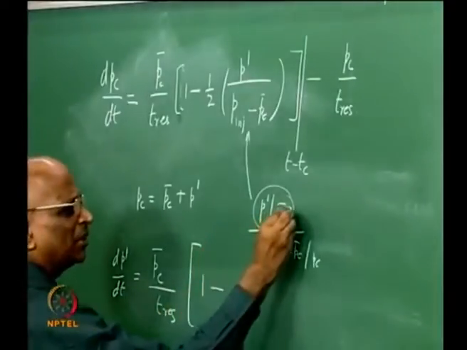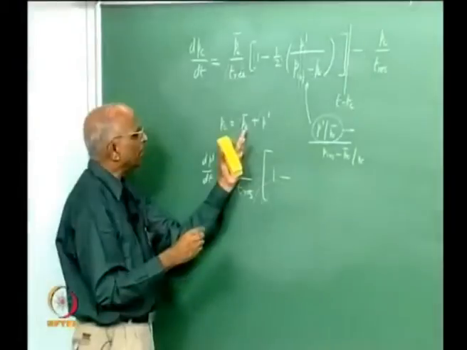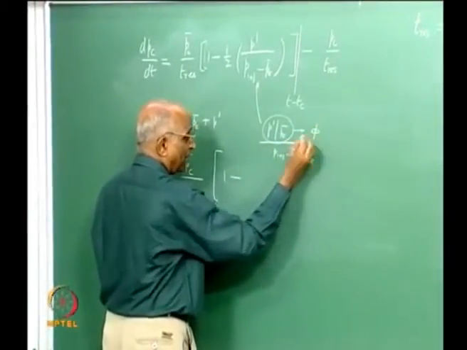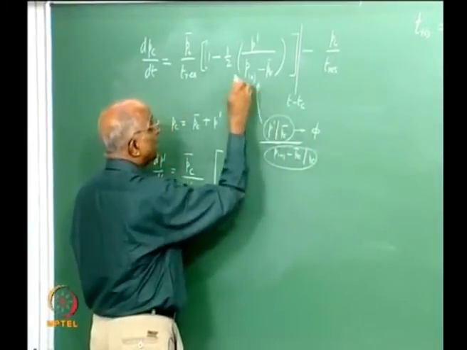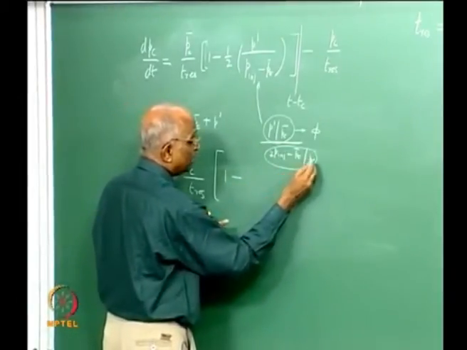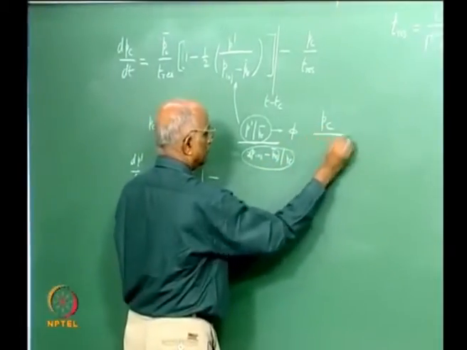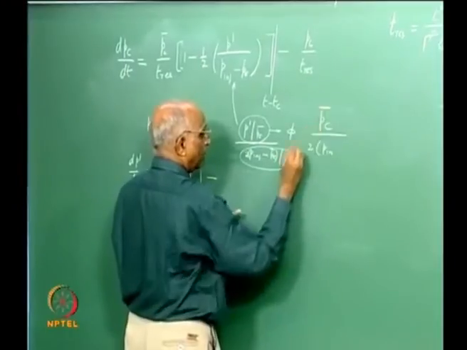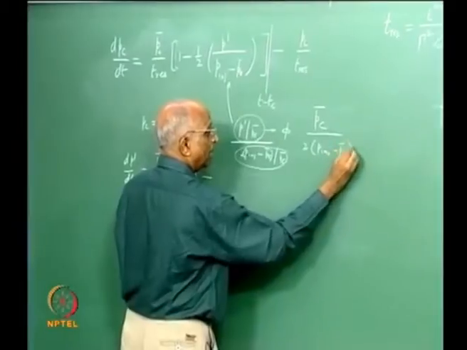I denote it by something like, let us say, if I were to look at this, I am looking at P bar by Pc bar, maybe let us denote it by a value, let us say phi or something, and this value, which again has a value 2 at the bottom, I say the value of Pc divided by 2 of P injected, nominal value, this is what I divided, P injected minus Pc bar I denote by the